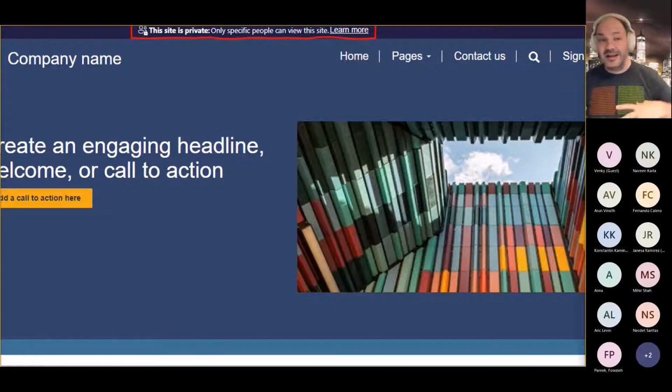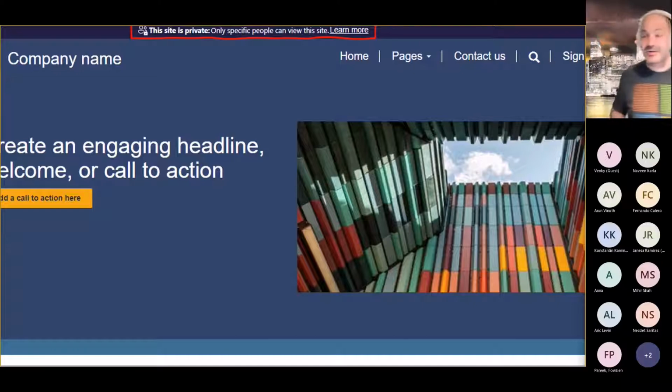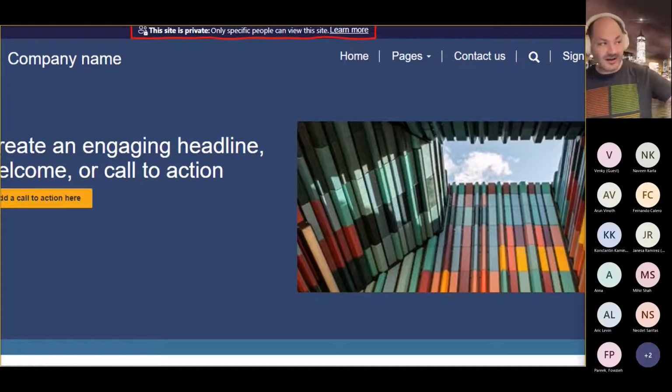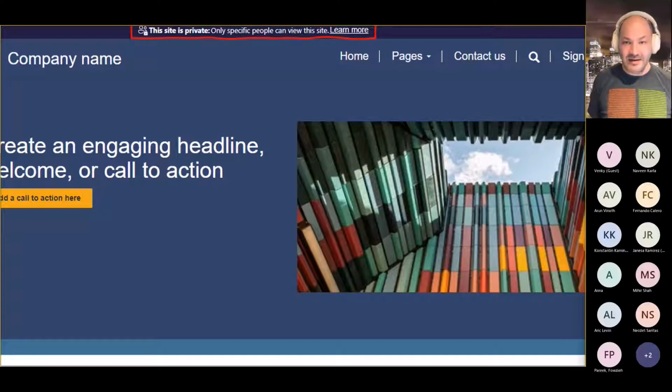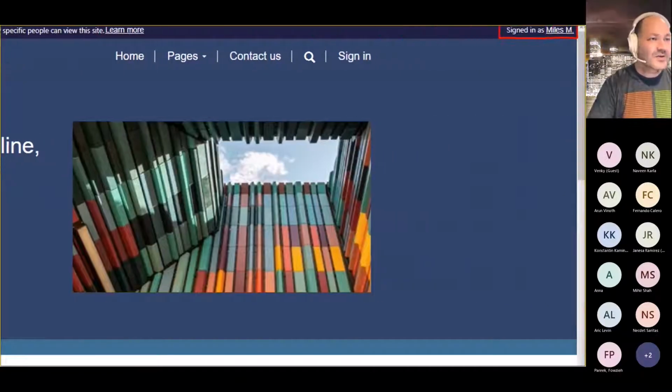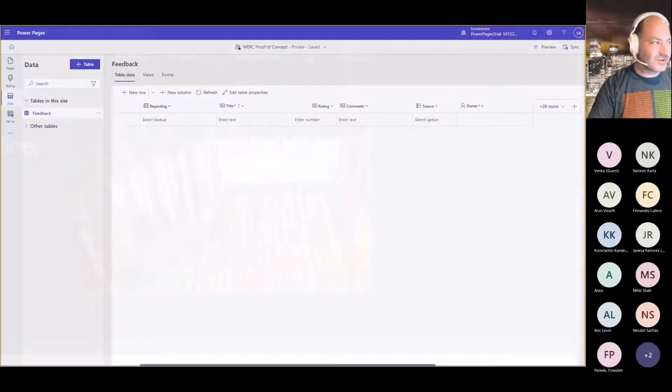No. Well, yes, everybody can build a website, but those websites are not going to be available publicly until we've actually made it available publicly. It's going to stay private until you choose to change that. And that's important because I need to be able to test my site. I need to be able to share it with my colleagues, but I don't want just anybody to be able to access this. And it knows that I'm signed in as Miles Morales,